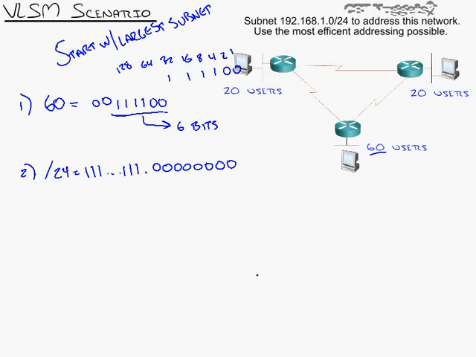Now we've got 60 that we converted to binary. Are we after creating more networks here or saving the hosts? Well, looking at 60, I'm after the users. I need to save some hosts. So I take right to the left, 1, 2, 3, 4, 5, 6. The other two can become 1s. I've saved my 6 zeros. So with that in place, my new subnet mask for the 60 user network will be /26 or